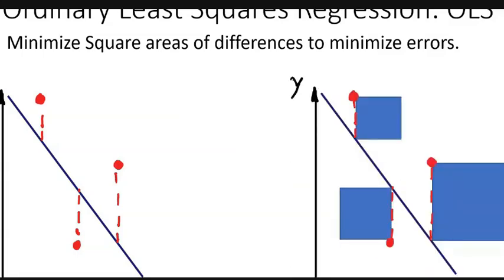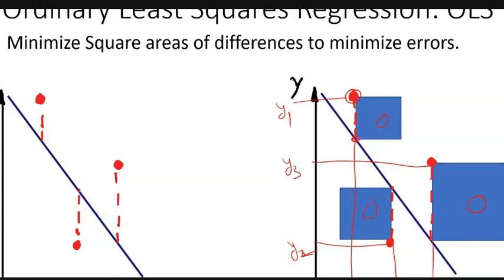So like this, we have the squares and we want to minimize the area of this difference square. So this is the actual position of this y at the corresponding value of x. Say this is x1, then this will be y1. This is say x2, then this is the corresponding y2, and this is say x3, then it has the corresponding y3. Okay, but when I fit a straight line, then for input x1, my prediction is only